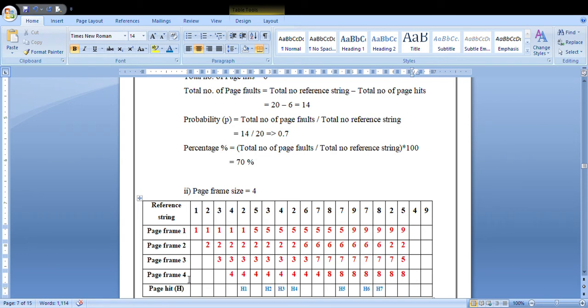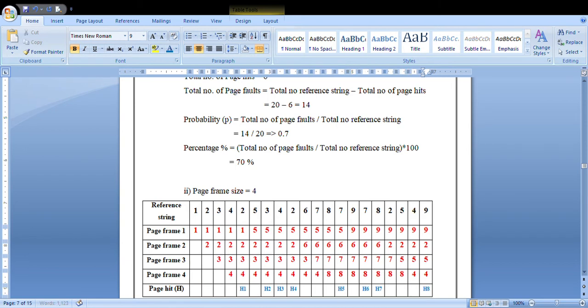Next is 4. 4 is also a newly arrived page. It is not existing in the list. So compared to all, 8 is the oldest page. Replace 8 by 4. Next is 9. 9 is already present in the sequence. So you need not change any values, but mark it as a page hit. You should specify it as a page hit.